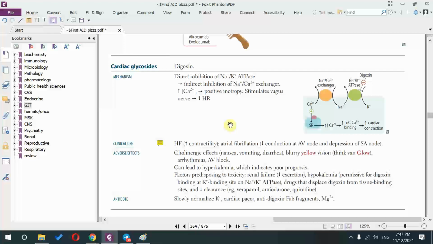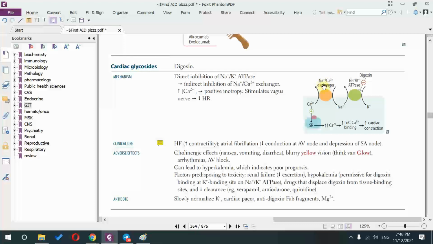And when that is inhibited, there will be accumulation of which electrolyte inside? Calcium, yes. So as you can see, when you inhibit the sodium potassium ATPase, potassium will be stuck outside and sodium will be stuck inside. So when there is more sodium inside, the calcium